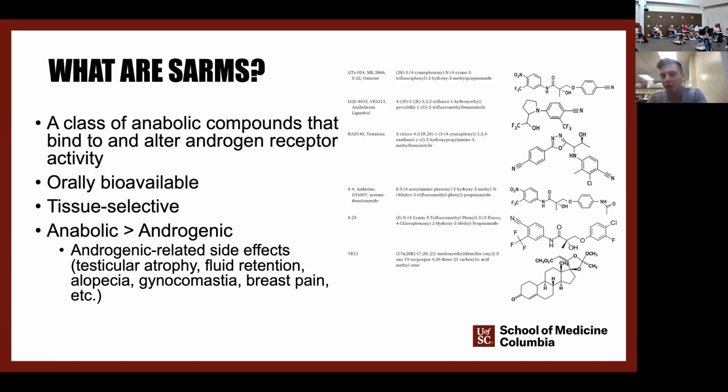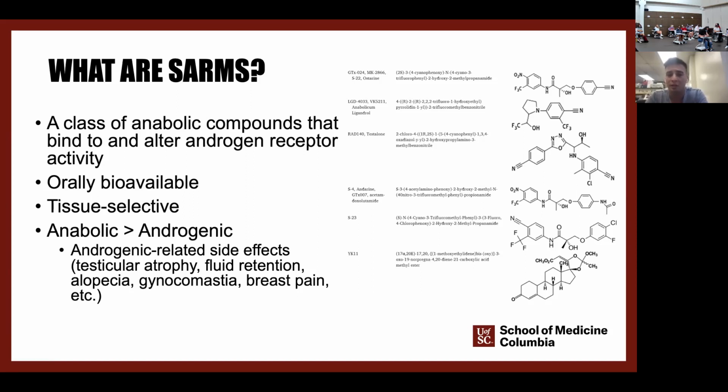So when we think about this, a great example is anabolic androgenic steroids, right? We have these strong steroid compounds, like let's say trenbolone, something that's considered very androgenic. We're going to be increasing a lot of these side effects and cross interactions with all these different tissues. So we see alopecia or balding, we see gynecomastia, we see testicular atrophy in men, fluid retention, and a number of other negative side effects that are a result of excess androgenic activity.